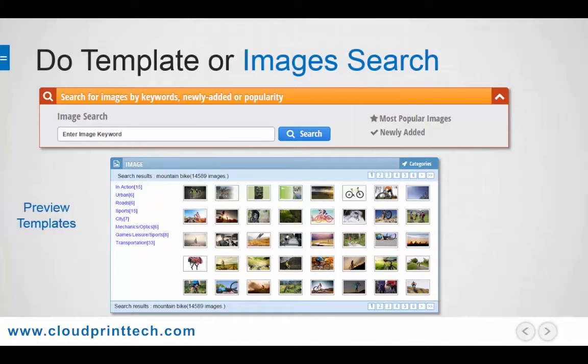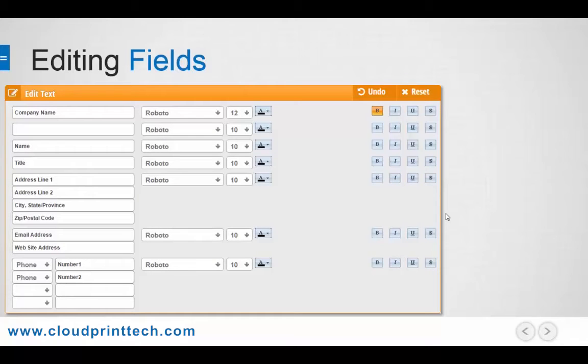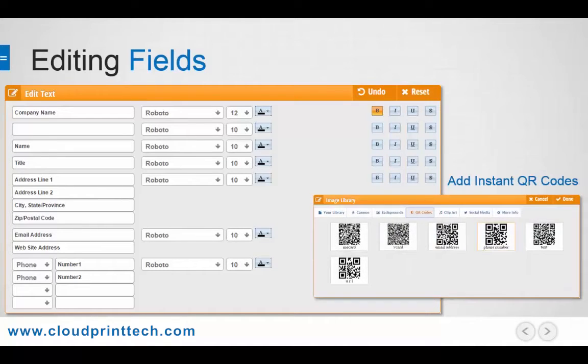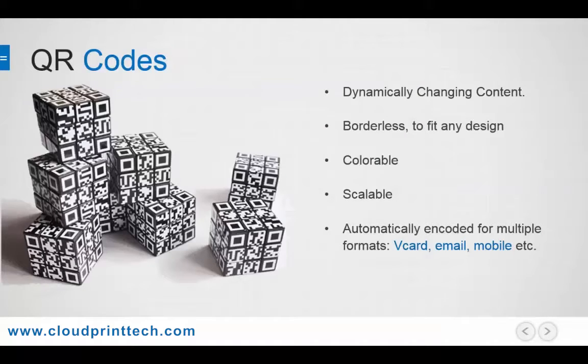In our library, we have well over 20,000 product templates, and for each we have close to 30 million images available. Customers can annotate each image, typeset, and see instantly in their browser what they are designing. They're also able to add instant custom QR codes. Our custom QR code module outputs files that are dynamic, borderless, colorable, scalable, and encoded for multiple formats such as